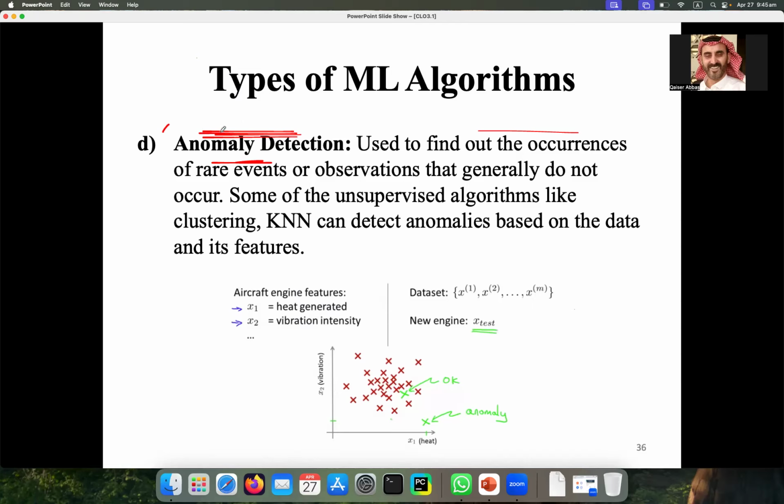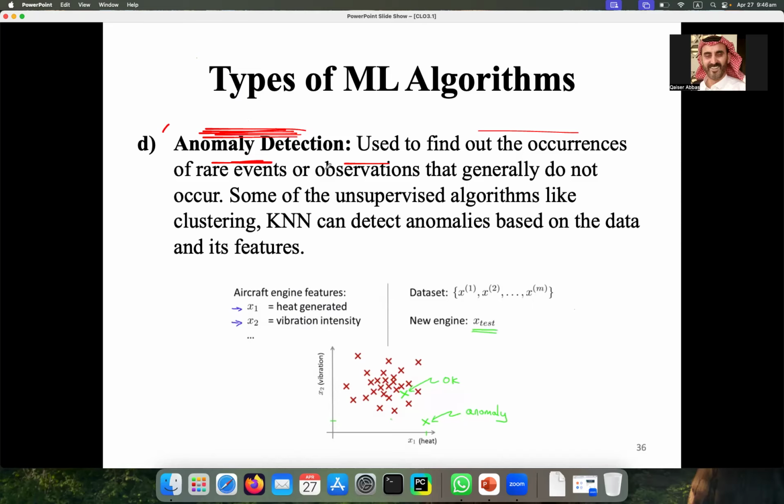So in this category of unsupervised learning, we will identify the rare events or observations that normally do not occur, but when they occur, you have to identify them. So identifying rare events in the data is called anomaly detection.